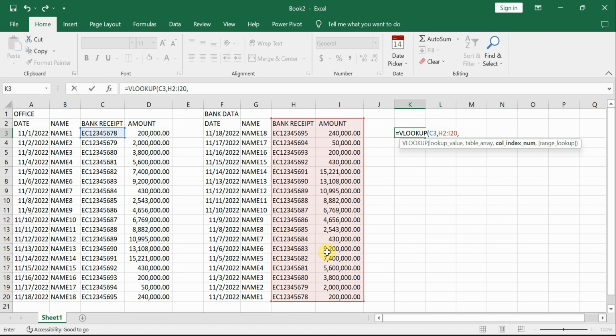In this scenario, we only have two, so we can choose one for VLOOKUP to return the bank receipt after its computation has been done, or two to return the amount. I'll use one because we want to return the bank receipt if the lookup is successful. And we have another option, which is the last option. It has two options, which are true or false. We say approximate match